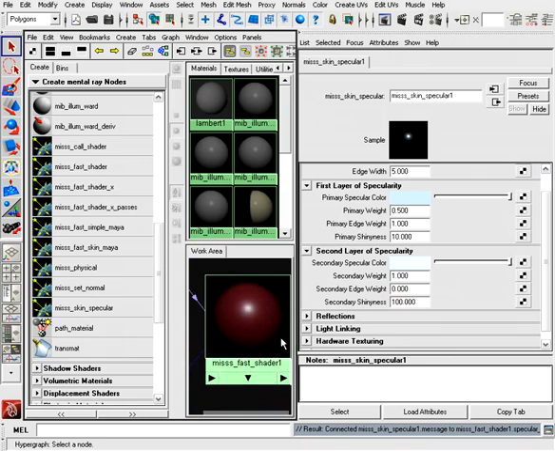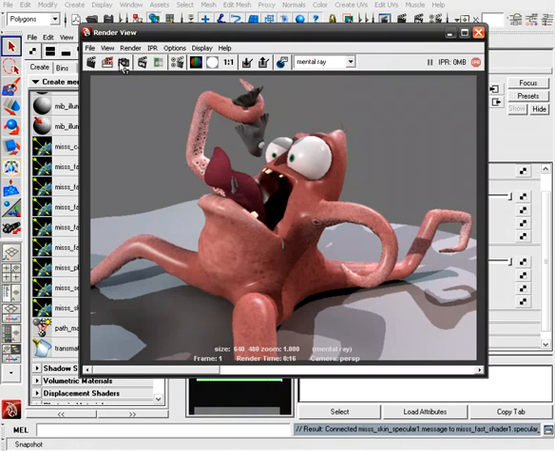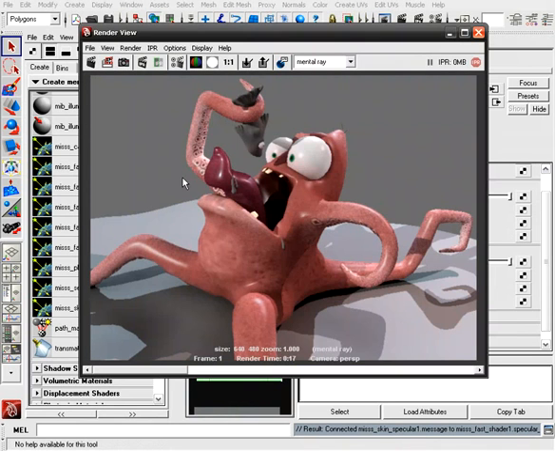If I zoom in and out really quickly to force this node to refresh, or force its swatch to refresh, you can see how that really starts to give us a nice highlight on here. So now, again, just for comparison, we'll save this and re-render. Alright, excellent. Now you can start to see how we can get some of this really nice prominent specular highlight